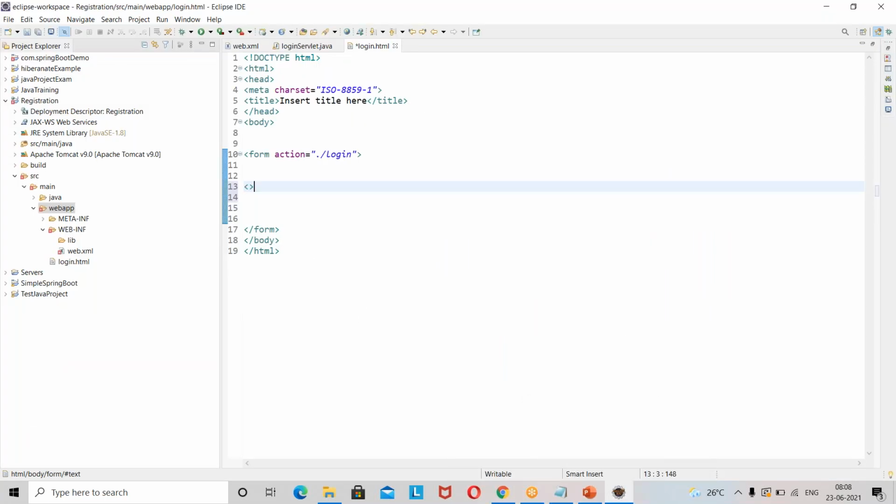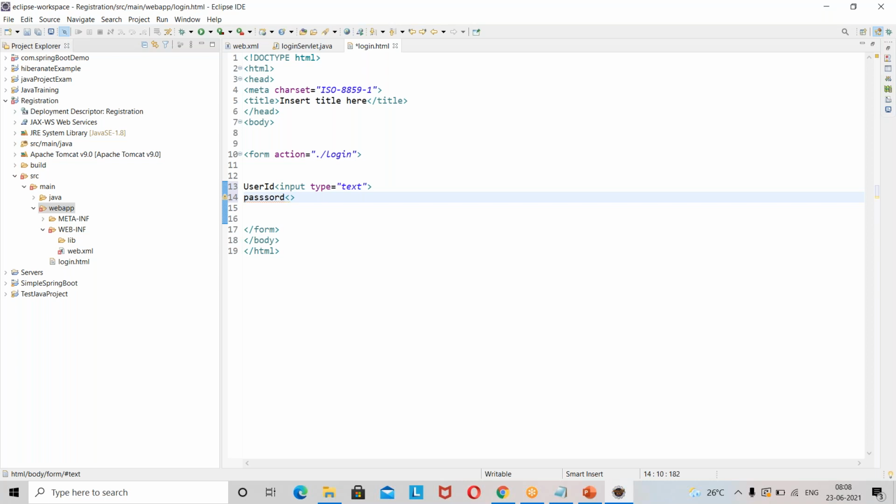For that, HTML has provided a defined attribute called input type. I'll say input type equals text, before that the user ID. Then user ID also, and next I want password.